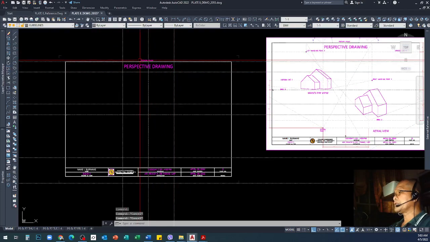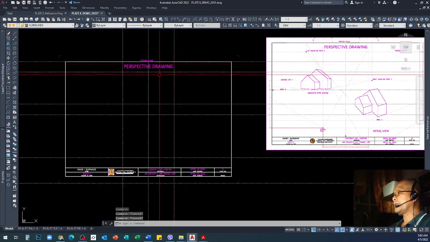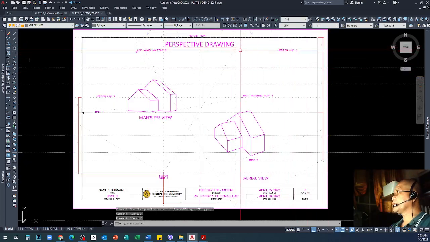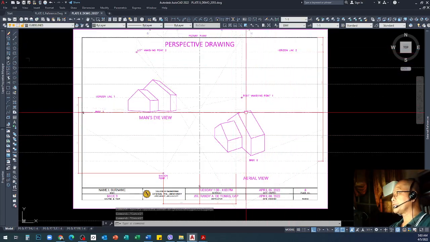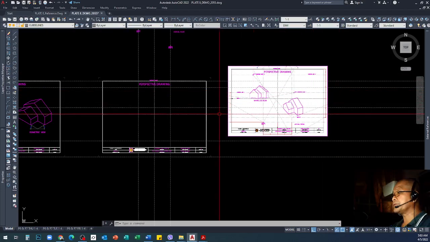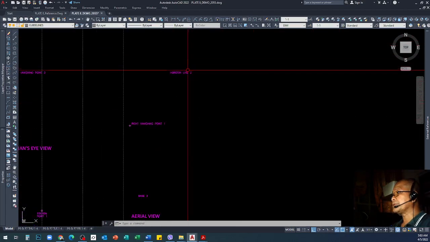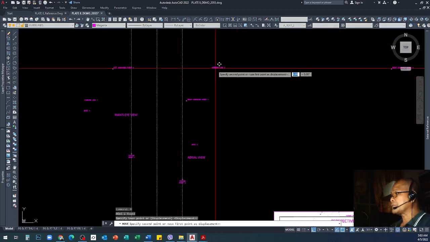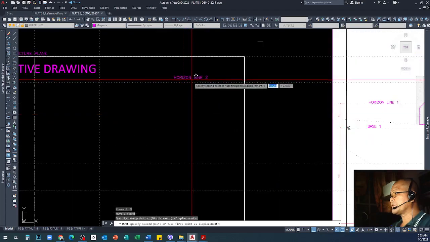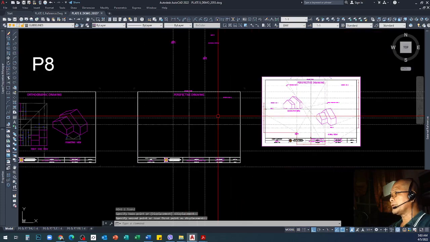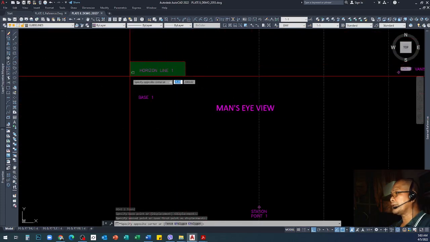So picture plane is where your plan will rest upon, and this one, this is your horizon line. This is horizon line for this view, aerial. Horizon line 1 is for the man's eye view. So I already prepared some lines here. I'll just copy, or I'll just move it. So for you, you need to type. So horizon line 2. Alright, and horizon line 1